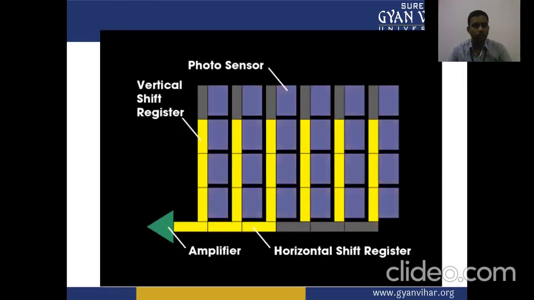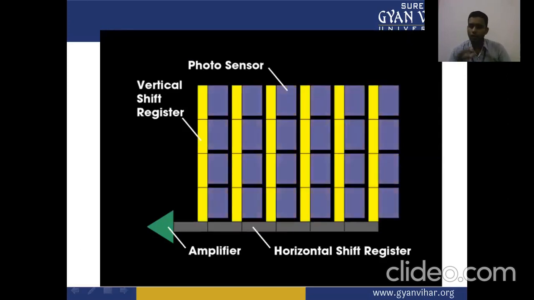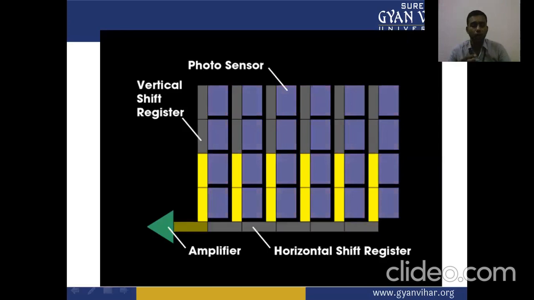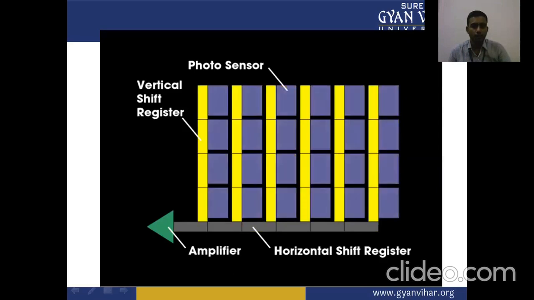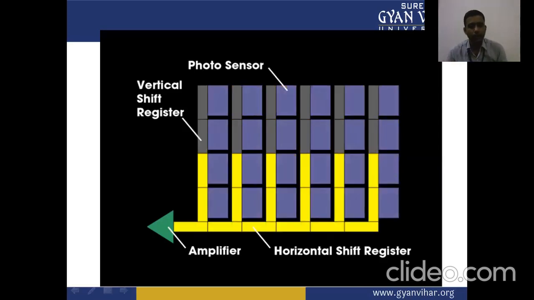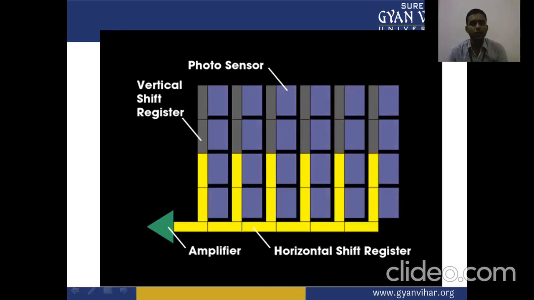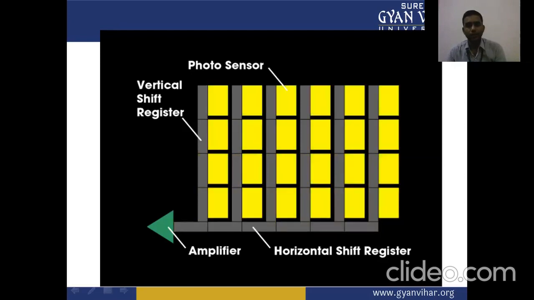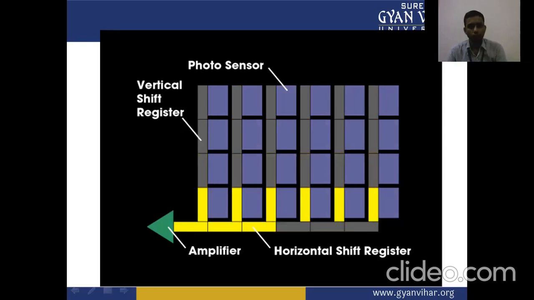So this is the photosensor, and we have the vertical shift registers, the horizontal shift registers and the amplifier. Through this diagram, you are able to understand the concept of how the image is developed in the CCD camera. The image is converted into the electrical signal. So photosensors are used here. A photosensor is a device which senses the light from the image, the brightness and colors and other signals from the source, or the photons from the object.